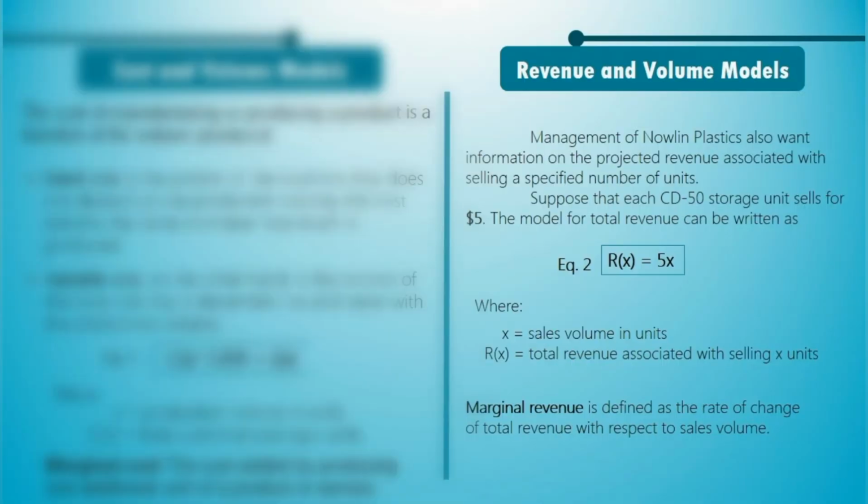However, it does not stop there, because the management of Nolan Plastics also wants information on the projected revenue associated with selling a specified number of units. So that will lead us to create the revenue and volume model. So suppose that each CD50 storage unit sells for $5, so we can directly create the model for our revenue. Since our marginal revenue is fixed, we can just directly write our equation as revenue equals $5 times X, where X is the sales volume in